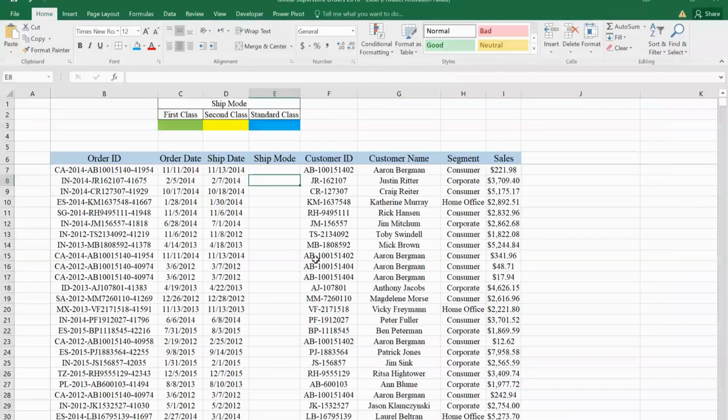Let's begin. For this table, we have 3 modes of shipment. We want to get rid of typing in this column again and again, so we will create for it a drop-down menu list. First, select the whole column,